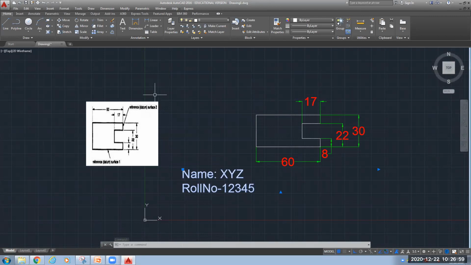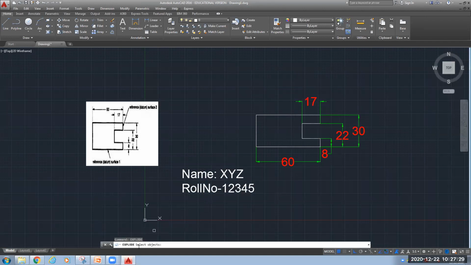Exercise. Which problem is this? That we will mention at the top. So if you remember, here, if I'm selecting, both the lines are being selected, name as well as roll number. So I will explode it. Once again, keep in your mind this command, explode. Wherever you want to break any entity into individual entities, you need to use this command, explode.